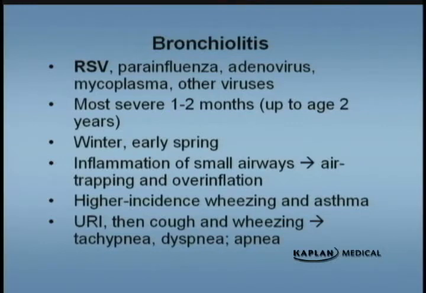Again, January, February, they will get inflammation of the smaller airways. They get coughing, a lot of mucus production. And since the younger ones can't bring up mucus as well as we can, that's how they can get into trouble. They will have some wheezing, which may not be asthma at that age, but if they have recurrent episodes of bronchiolitis, and as they get older and they have recurrent episodes of wheezing, then you do start thinking of